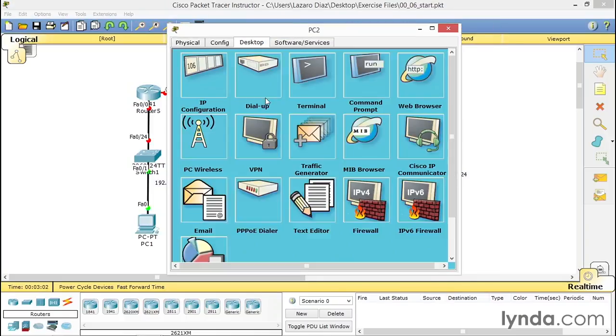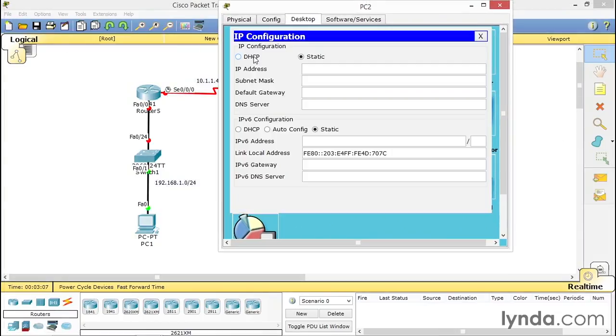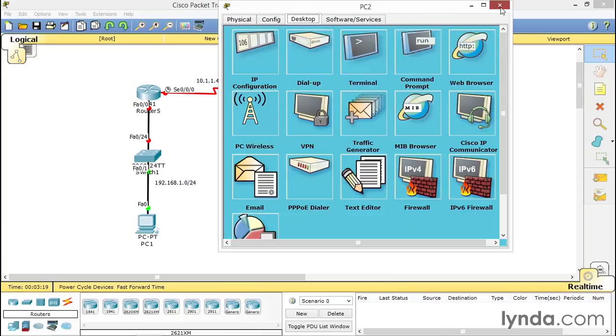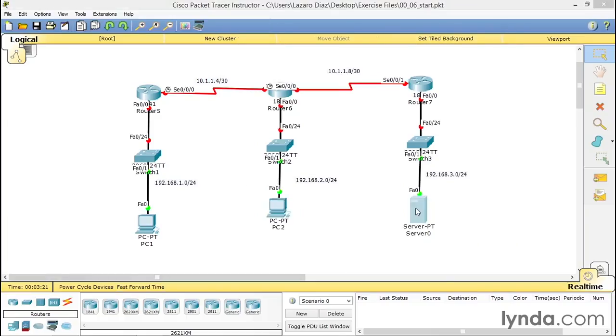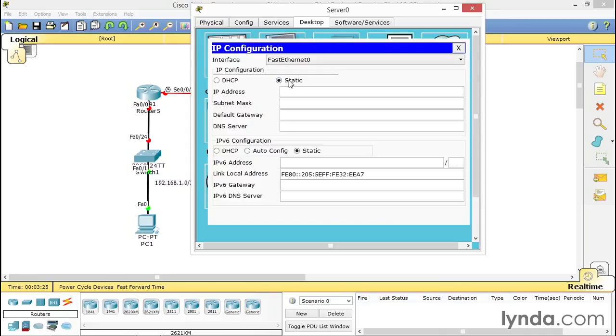Do the same thing, desktop tab. Let me move the window up here so we can see good. IP configuration, 192.168.2.1, tab, 192.168.2.254. Okay, last one, which is the actual server, and desktop tab, 192.168.3.1, tab,